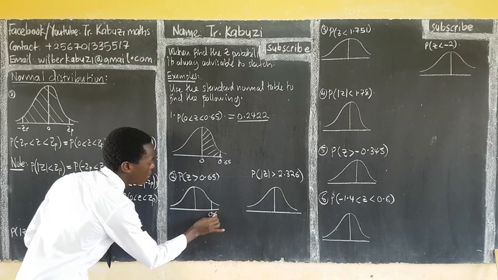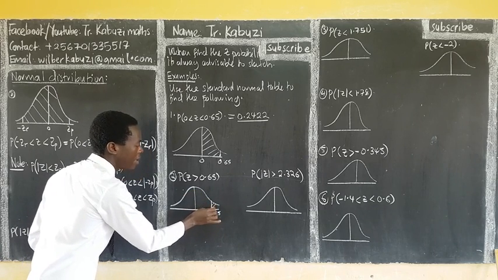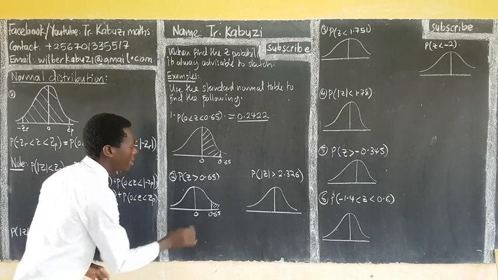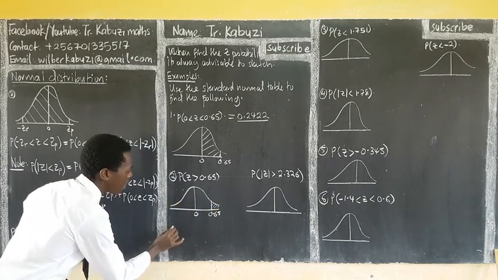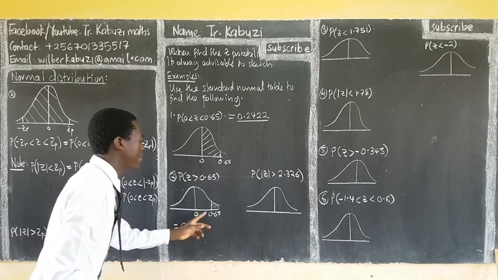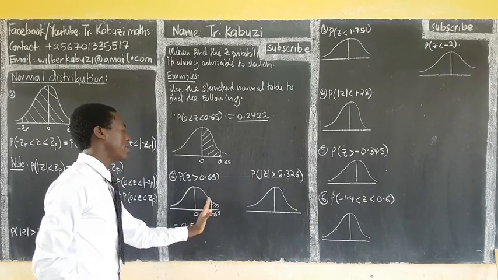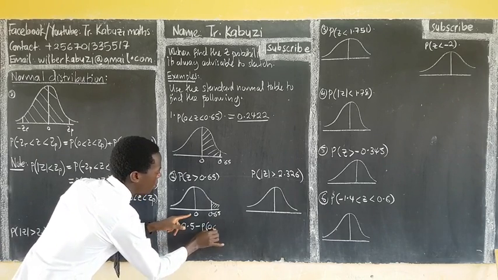So if this is my 0.56, I want now above it. So this is the probability I want. Remember, this is normal, this is 0. So meaning, we say that now the whole of this is 0.5. So now that probability will be 0.5. Now we subtract off this one from here up to here. Then we shall get the other remaining. So minus probability of